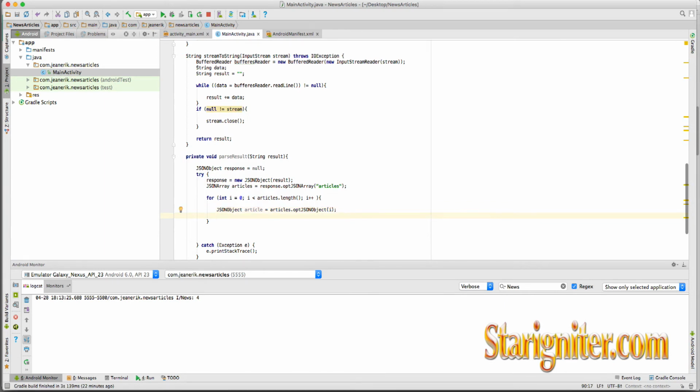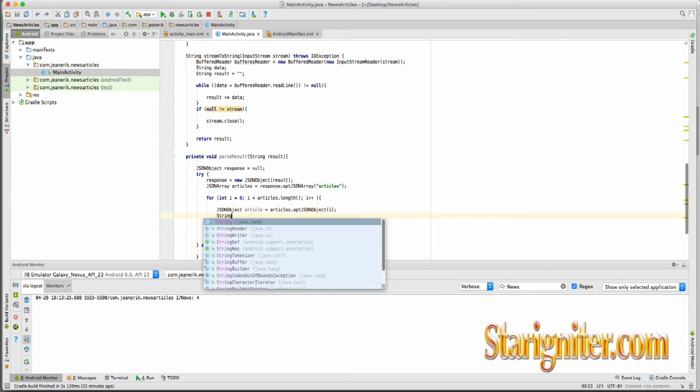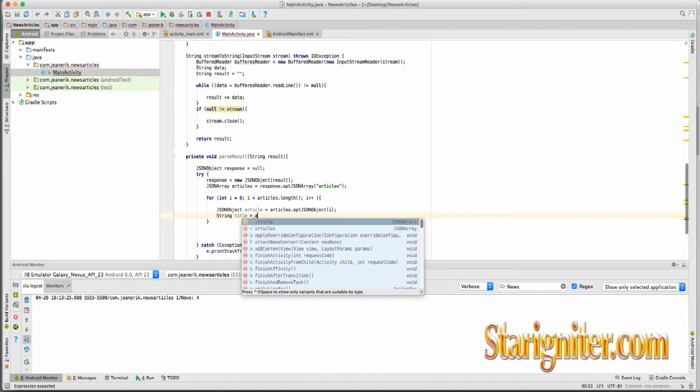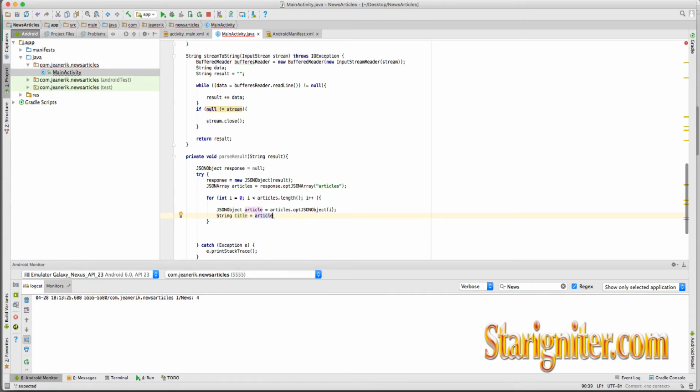And then we create a string, we call it title, and it's going to be equal to article and the string title, like that. So now we have the titles,